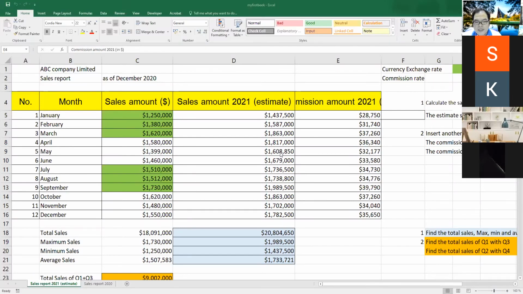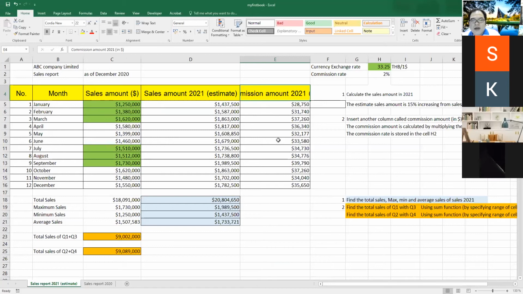Okay, so this is the one that we used in the last class. You can see that whenever we have to use Microsoft Excel for calculation, we always start our calculation in the cell with the equal sign, like this. When we have to calculate for